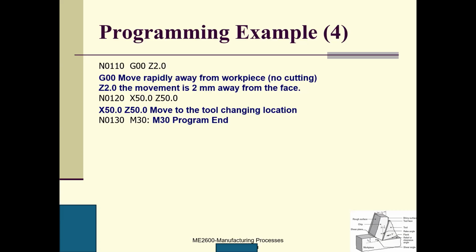And then next one, still here there is no T code. That means this T00 is still valid. And we move to the tool changing location without cutting. And finally, whenever we see M30, that means the program ends. Right? So this is kind of tedious, but I should go through all these things to know how to write